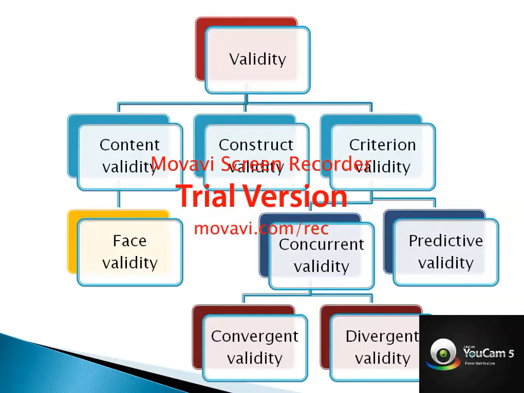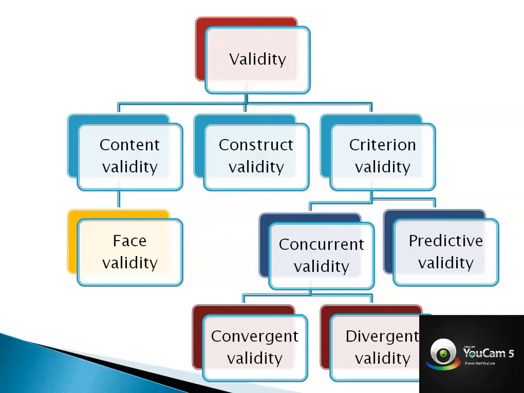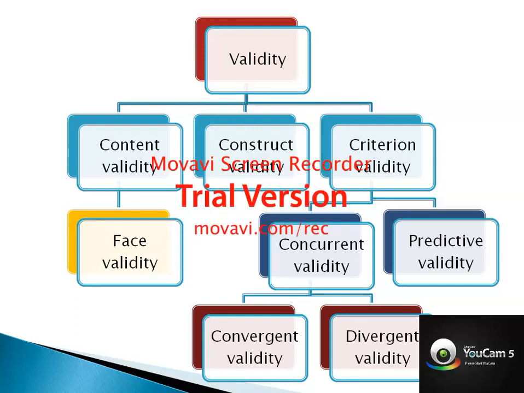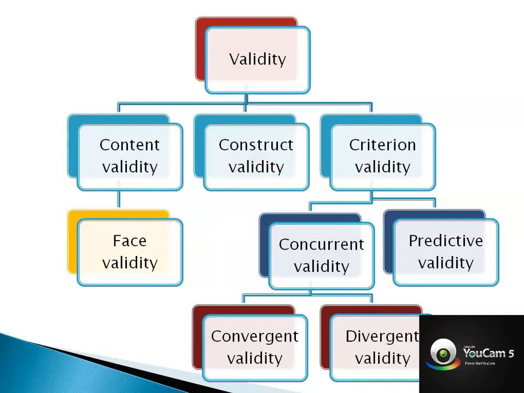So these are all the types of validity. Validity is mainly divided into content validity, construct validity, and criterion validity. Content validity is overall content, what is inside your data collection tool should cover the topic or the aspects of your research. A complete covering of the syllabus, yes, study syllabus. That is content validity.